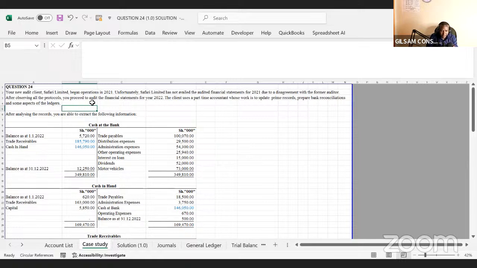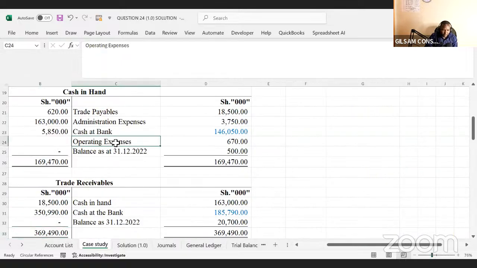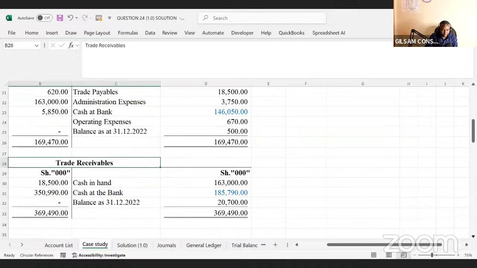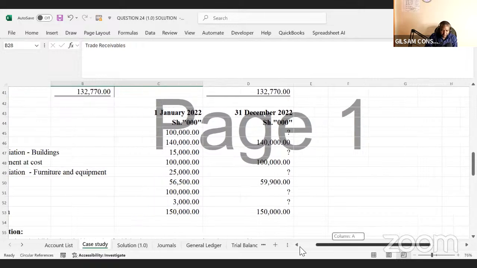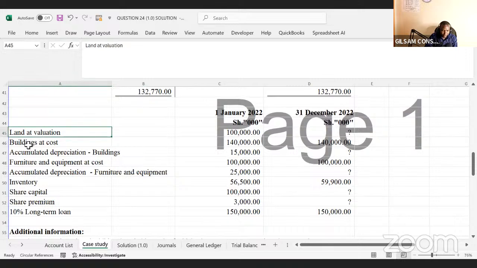The client uses a part-time accountant whose work is to update the prime books, prepare bank reconciliation, and the some aspect of the ledgers. Another point, you've been told that after analyzing the records, you are able to extract the following information. So they have extracted the cash account or the bank ledger, the cash ledger. We also have the account receivable ledger and account payable ledger. And then we have the valuation, building, accumulated depreciation, all the way to